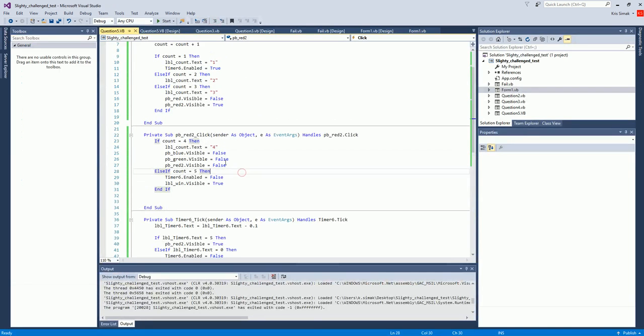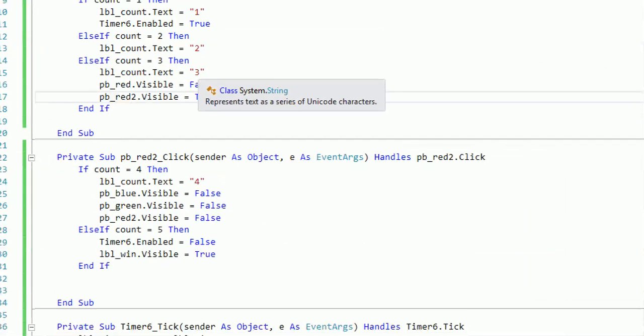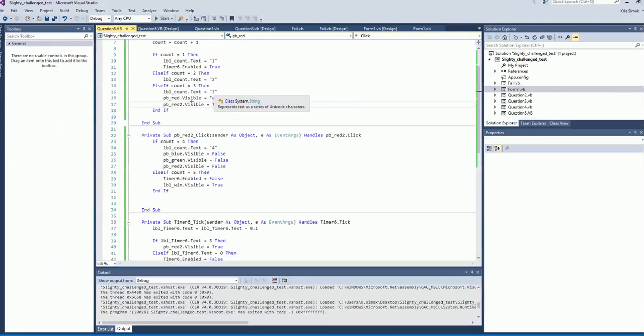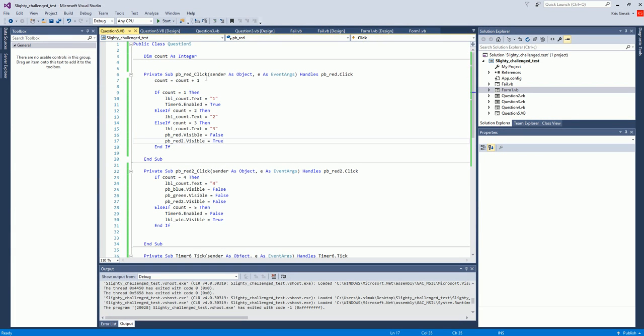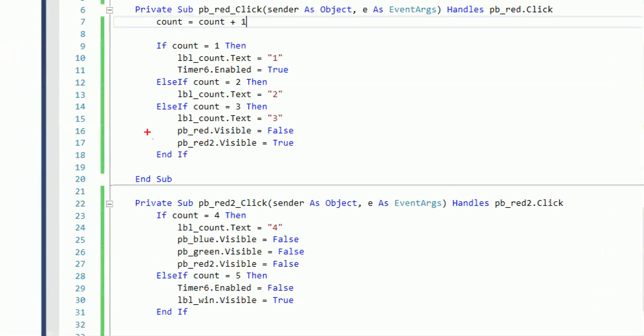Why did it not take us to... Four? Of course, because it's never going to equal 4. It's never going to equal 4 because we get to this, it goes 1, 2, 3, and then we essentially